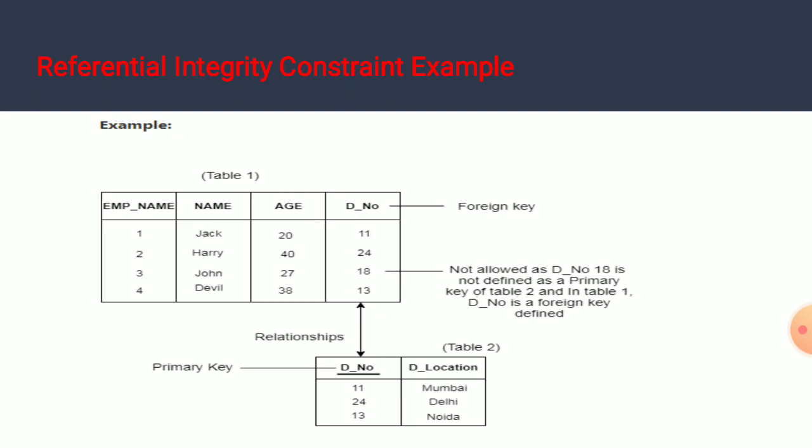In the department table, which is the parent table, only department numbers 11, 24 and 13 are available, but in the child table we use an extra entry 18, which is not allowed because it's not defined in the parent table. So this is the referential integrity constraint.